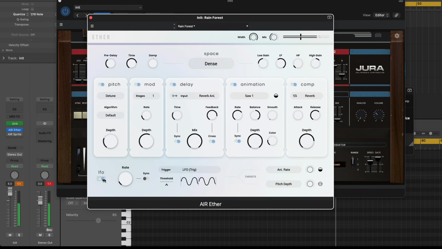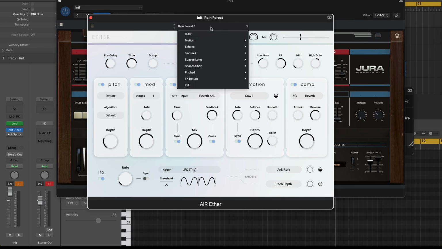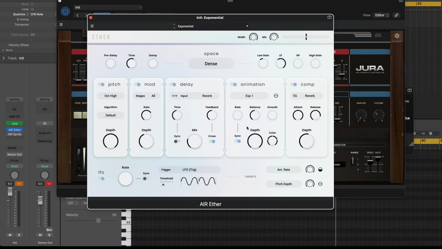Then down here we've got an LFO, and we can use this LFO to modulate the animation rate or the pitch depth. So basically it modulates this or this, and that's how we get these exponential sounds. So the LFO is modulating the animation rate, which is this here. So if you take that down,